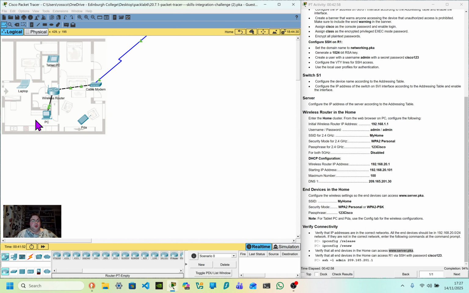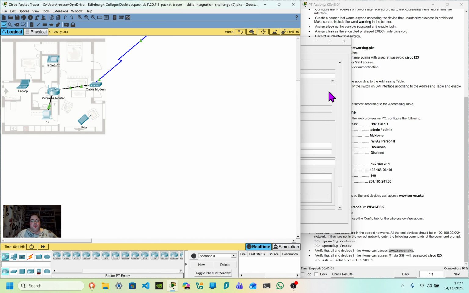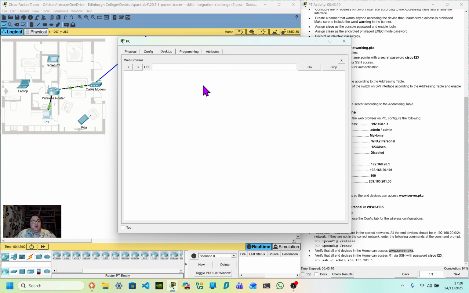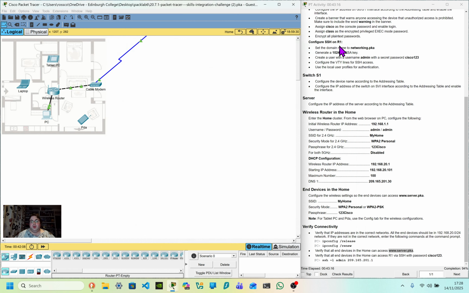Laptop is there. And the PC. And the PC is there as well. Excellent. They are all connected. Right, so